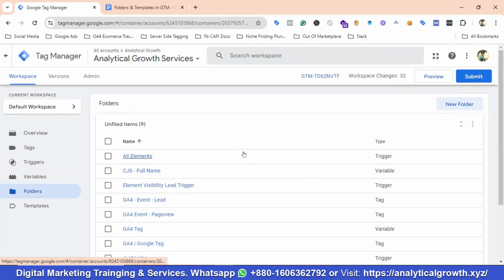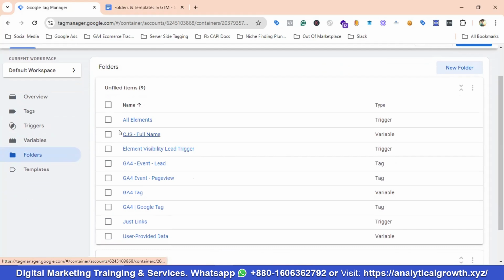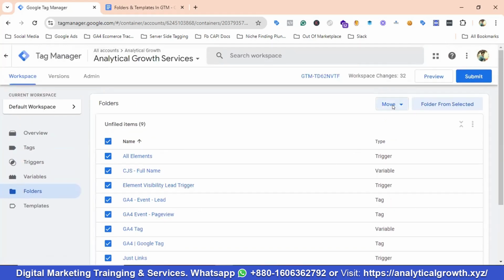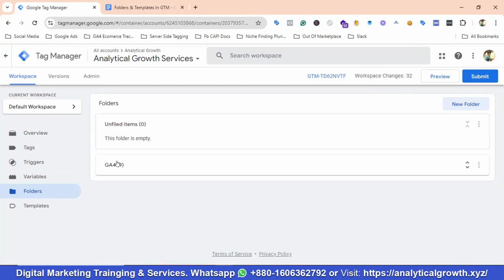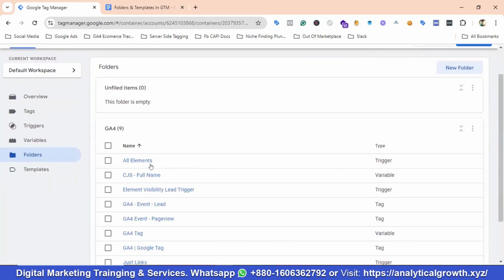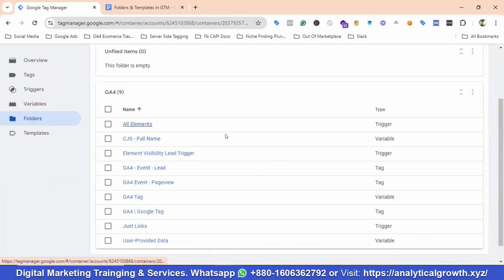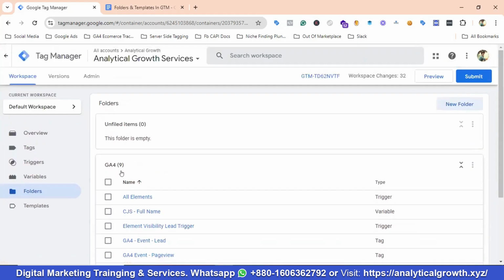For this instance, we are going to select all the triggers, tags, and variables into the GA4 folder. So I'm going to click on move and I will select GA4. Then let's see what happens. You can see over here, we have separated tags, triggers, and variables into the GA4 folder. If I click on it, you can see all the tags, triggers, and variables are inside the